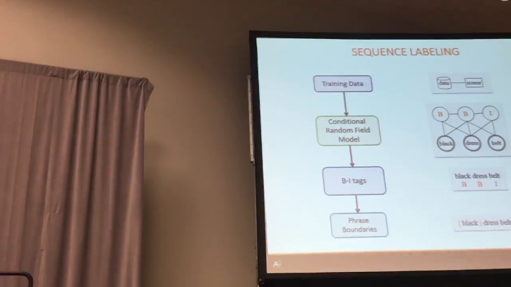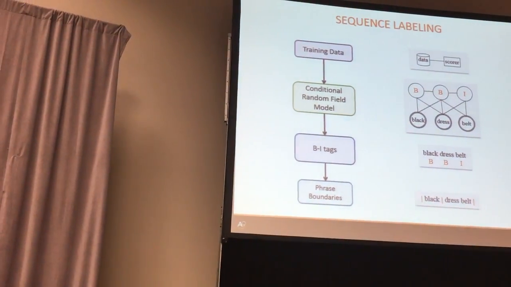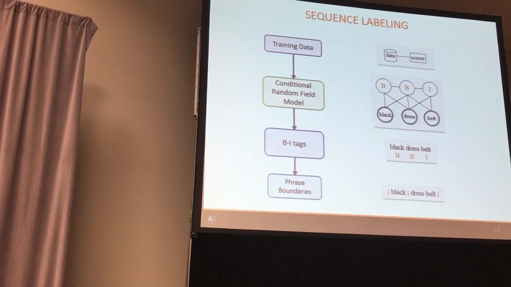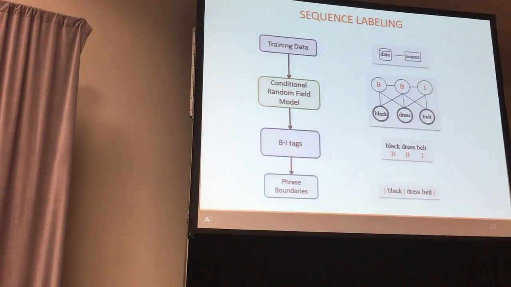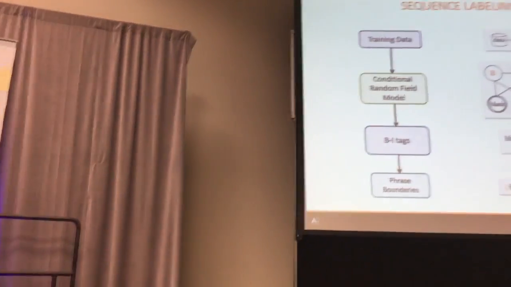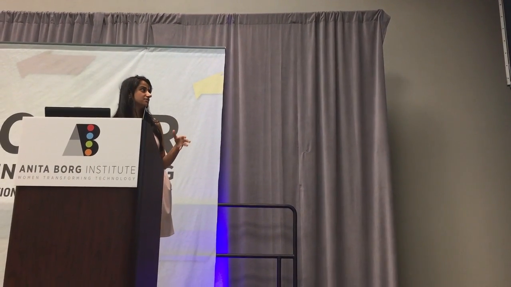Once we have a conditional random field, we want to train it. So how do we train it? Training is the most crucial part of this process because manually annotating queries, given the amount of traffic we get on Amazon, is very expensive. So we want to use automatic techniques to generate this training data. The two blocks of doing this are data sets and scorer. In the rest of the slides we'll show how we do that, right?